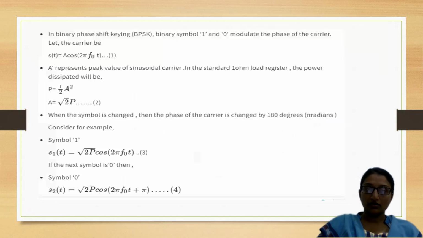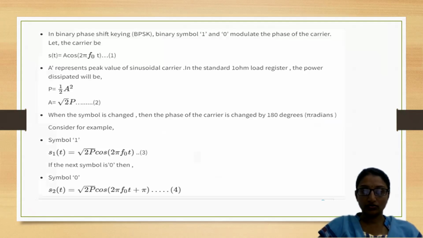The same thing I have explained is also shown here with the help of a block diagram, with respect to expressions. Here the first expression is S of t equals A cos 2 pi f naught t. Further, I am representing amplitude with respect to root 2P. That means power is equal to amplitude, that is the RMS value, which is A by square root 2, whole square. If you take it, it is A square by 2. So A is equal to root 2P,